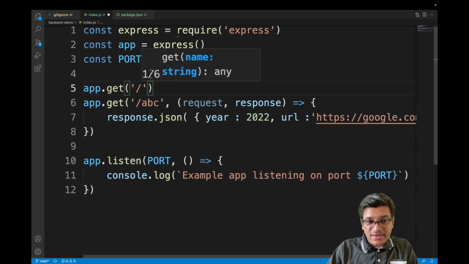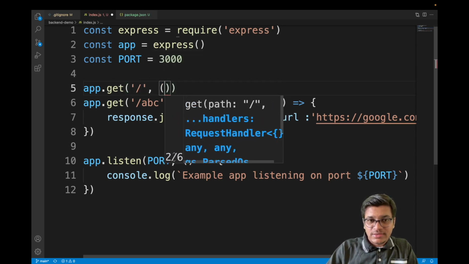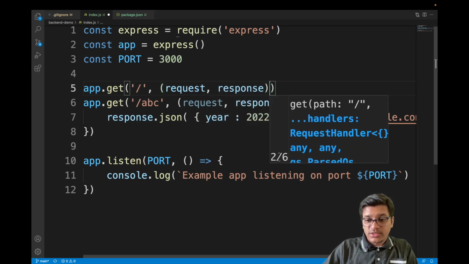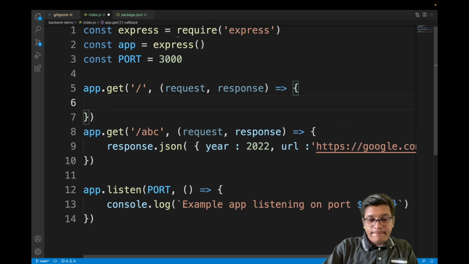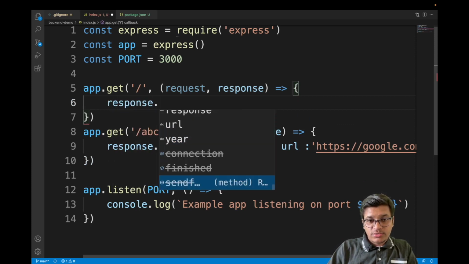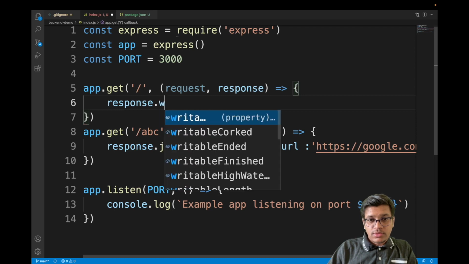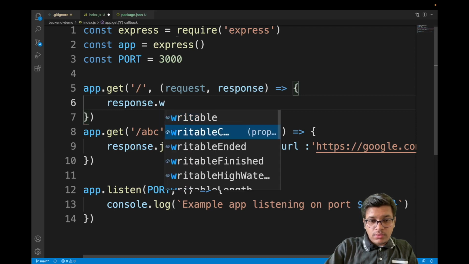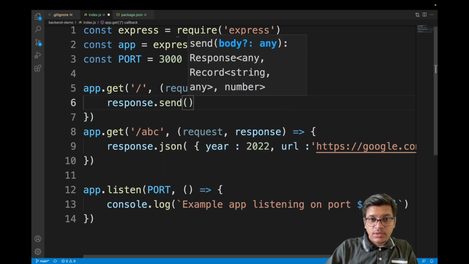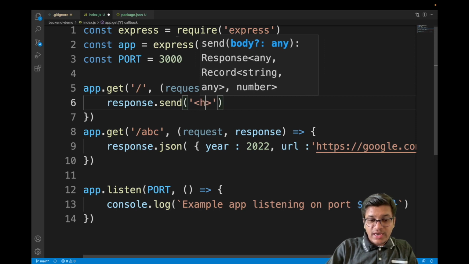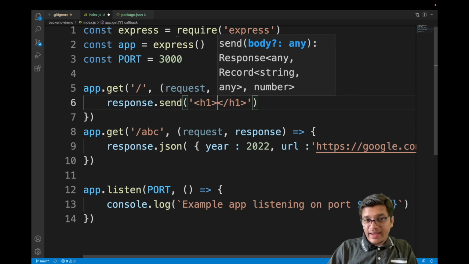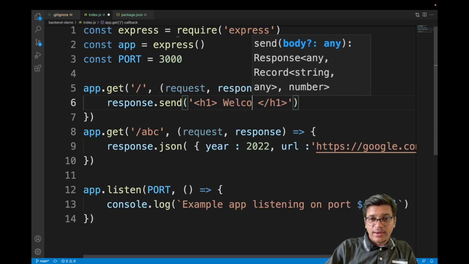Is a HTTP method, and only /, request, response dot send, and from here we can say h1, something like this, HTML tag h1, and welcome to